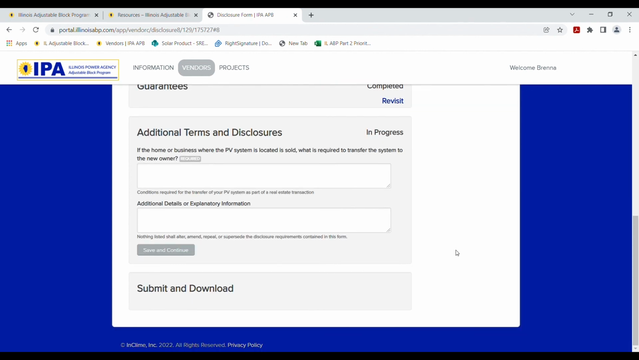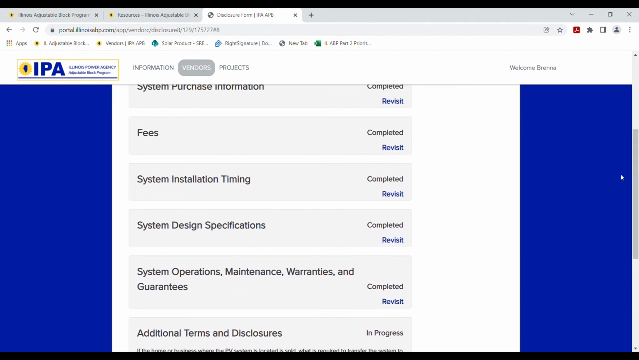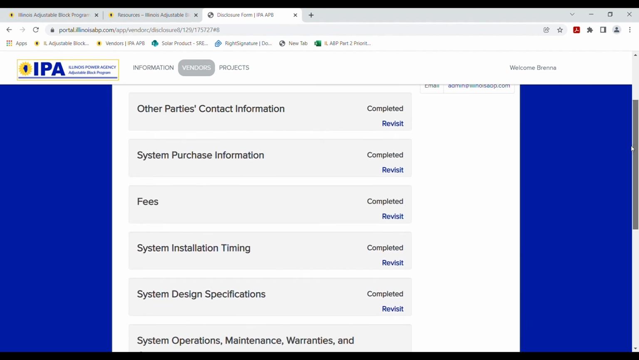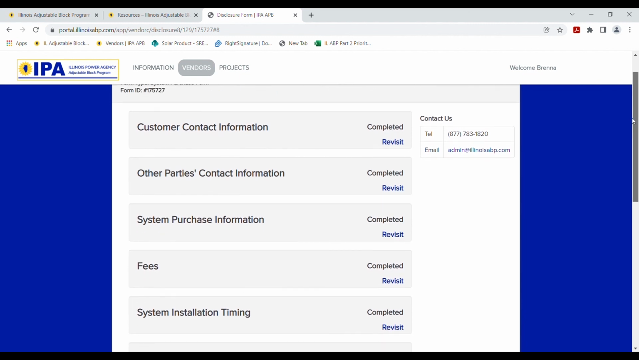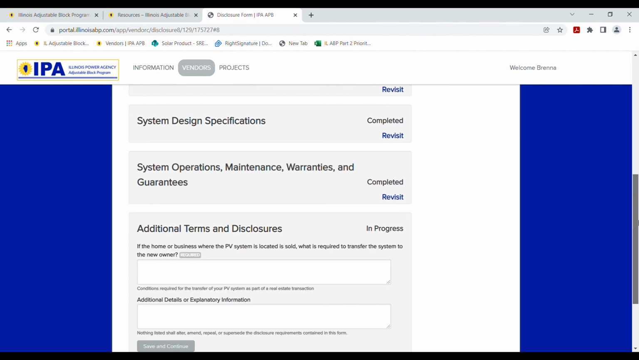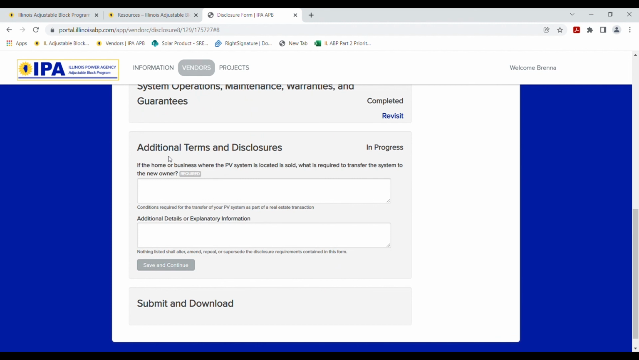Okay, so after you have that information entered, again, you'll see the option to revisit each of these sections so you can go back and complete any of the information or make any necessary changes. For the additional terms and disclosures, if the home or business where the PV system is located is sold, what is required to transfer the system to the new owner? In this case, we just want to say that a new disclosure form will be